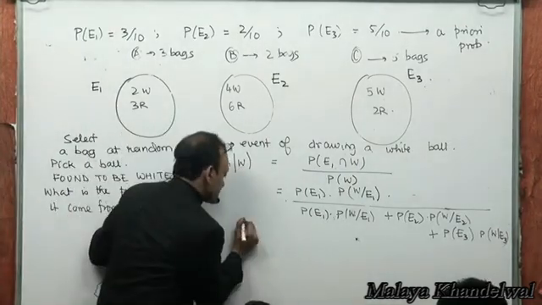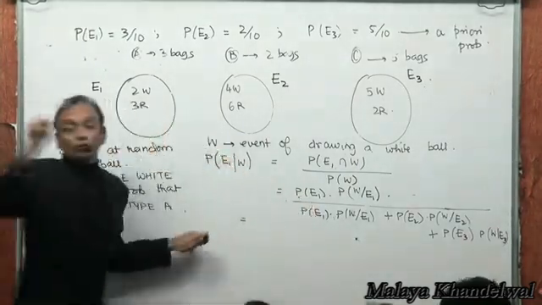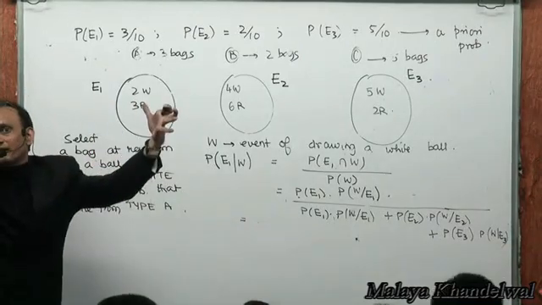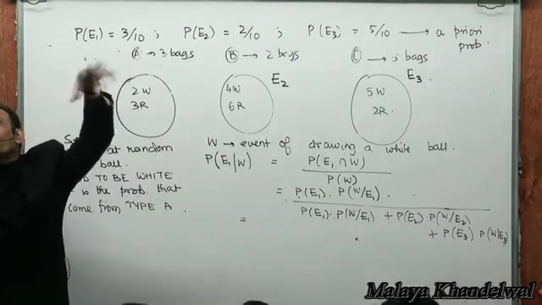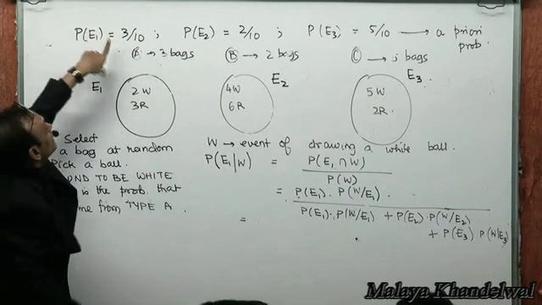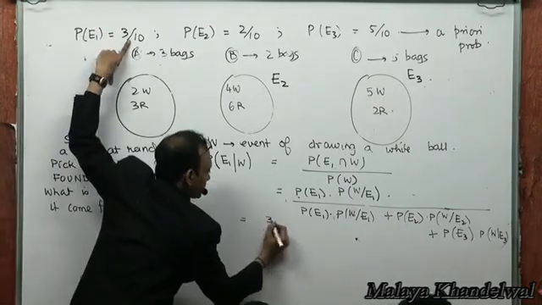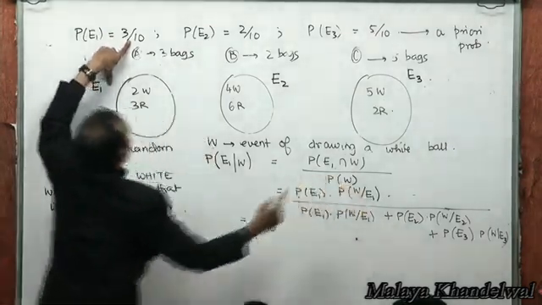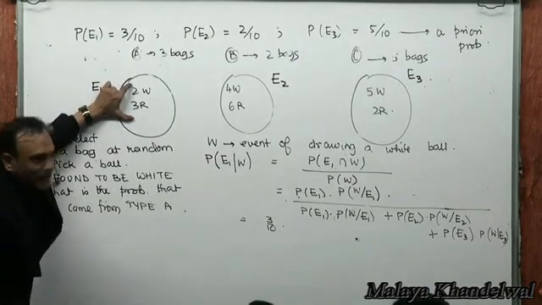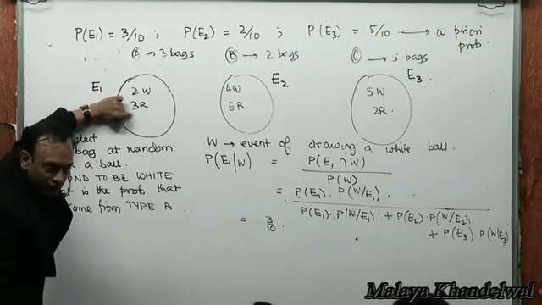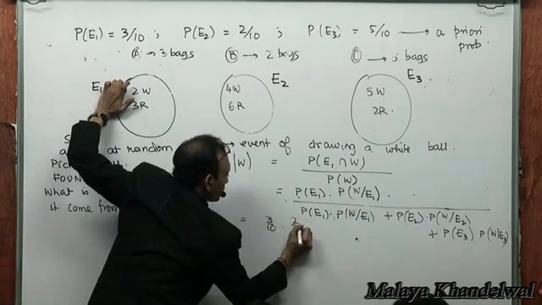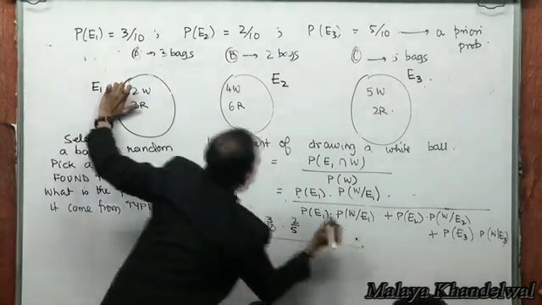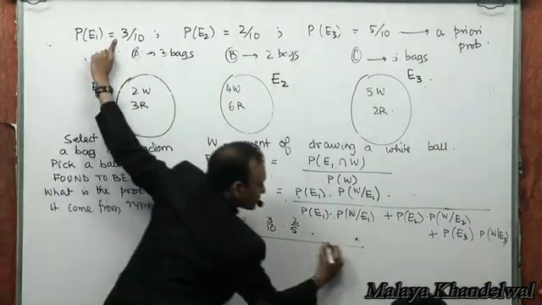Okay. Now, what is P(E1)? P(E1), P(E2), P(E3) are a priori probabilities. That has nothing to do with what ball was drawn. So P(E1), for example, is 3 by 10 into probability of drawing a white ball given that E1 has occurred, which is going to be 2 by 5, divided by P(E1), which is 3 by 10